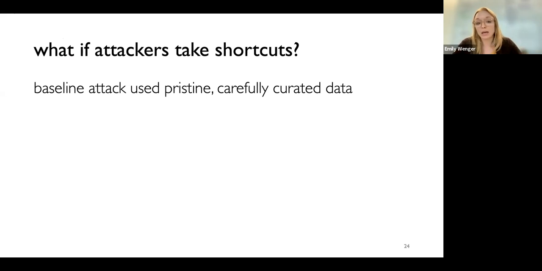We had this really careful data collection pipeline where we made sure that our data looked good, that it was well lit, that there were these precise ratios of clean and poison data. And that's great. That's an important step for experimental work, but that's not how everything works out in the real world.